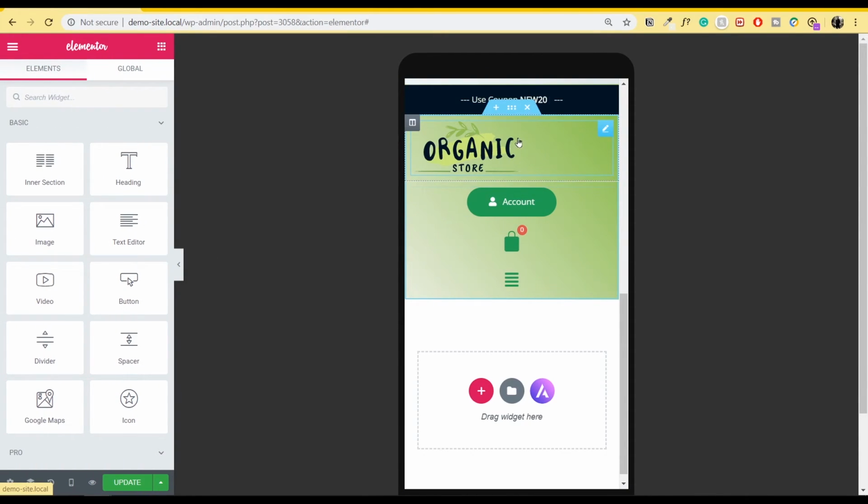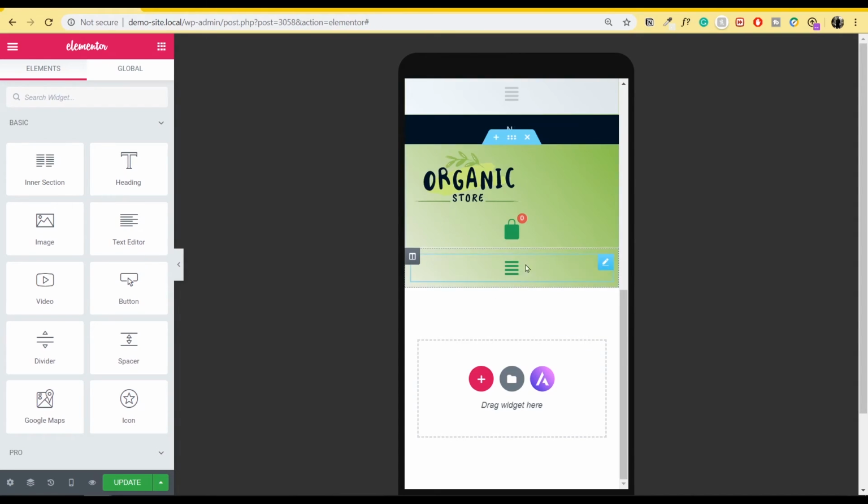Inside these columns, once I go inside my mobile menu, every column gets 100% spacing. So whenever I'm going inside mobile and changing some of the Elementor section settings, you have to understand that everything has been set to 100. So if I just want the spacings to change, I can do it right here. First of all, let's remove this button because I won't be using it inside the mobile view. So I'll just delete that. All I'll be using is this icon, the hamburger icon for the menu, as well as this cart icon.